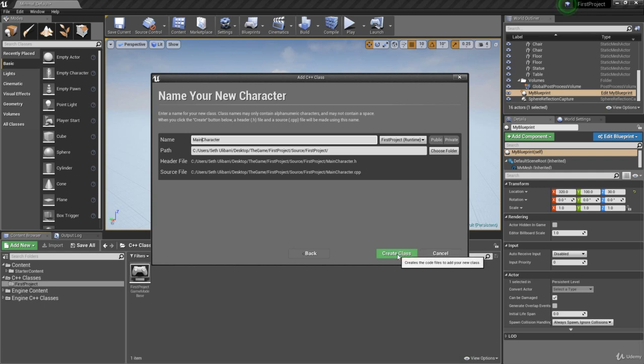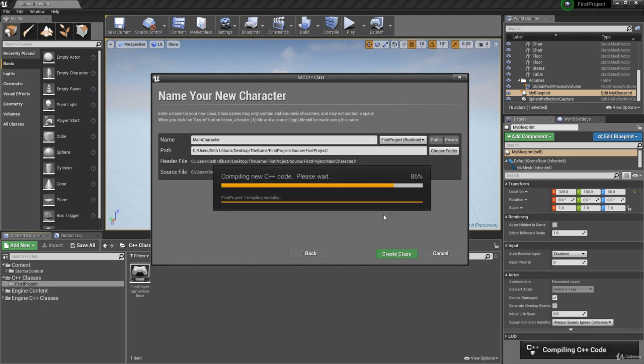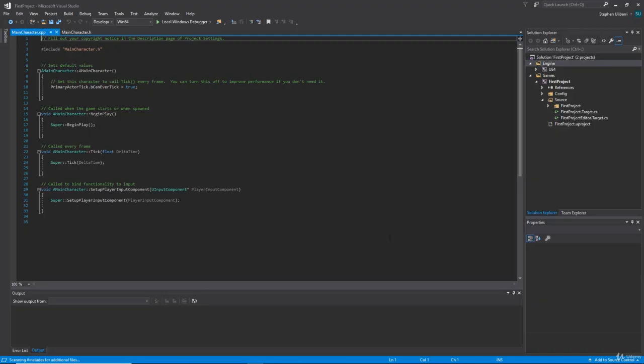And click Create Class. Unreal Engine is going to create the C++ files, and we're going to be able to open them in Visual Studio. As Visual Studio loads the files, you can see down here at this blue ribbon the progress it's making as it's loading. Once it's finished loading, it'll say Ready down here. Now we can see that Visual Studio has created two files for us. It has created a .h or a header file, and it's created a .cpp or a source file for our